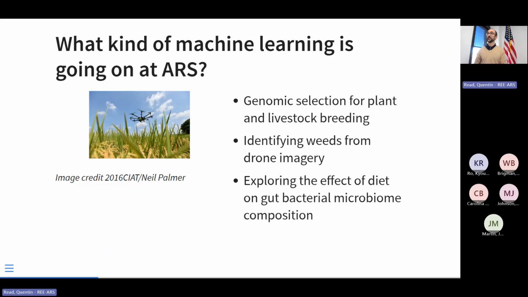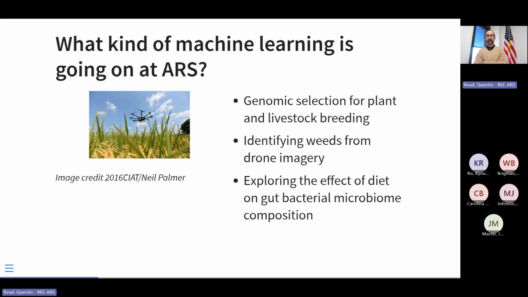In many cases they use machine learning, not always, but they use a lot of machine learning models for that. I know there's a lot of effort going on with drone imagery, taking aerial photos of crops and identifying which of them contain different weed plant species. So that's a machine learning